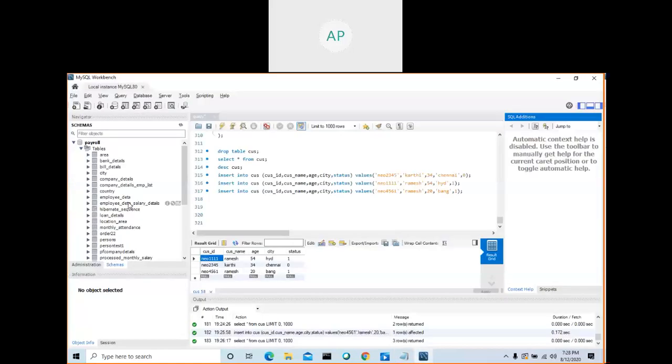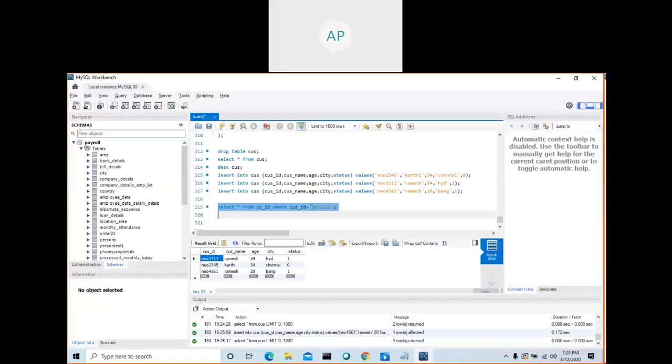If we give it in the where condition: select star from the table, where cus hyphen ID equal to, say, NEO1111.